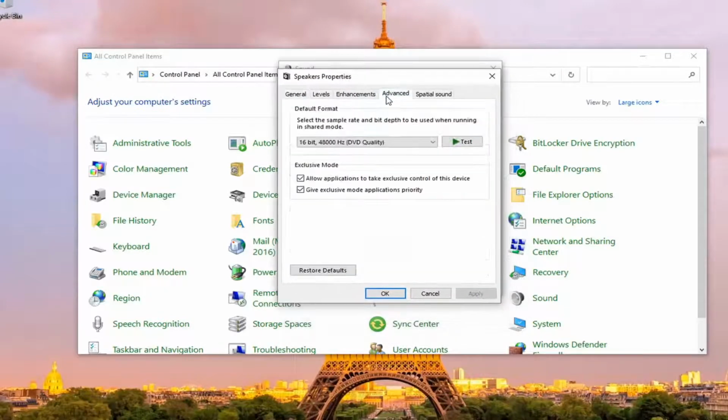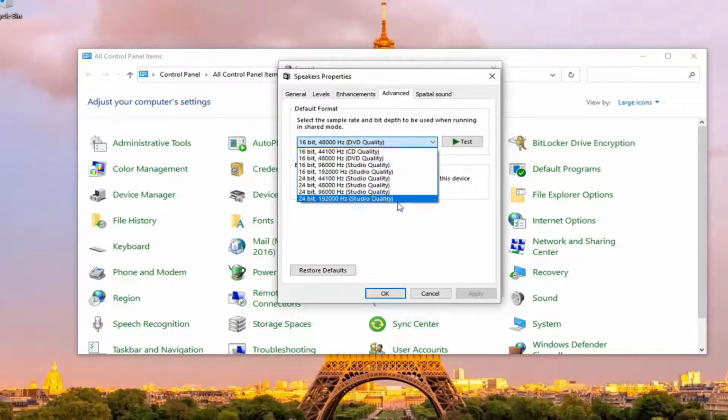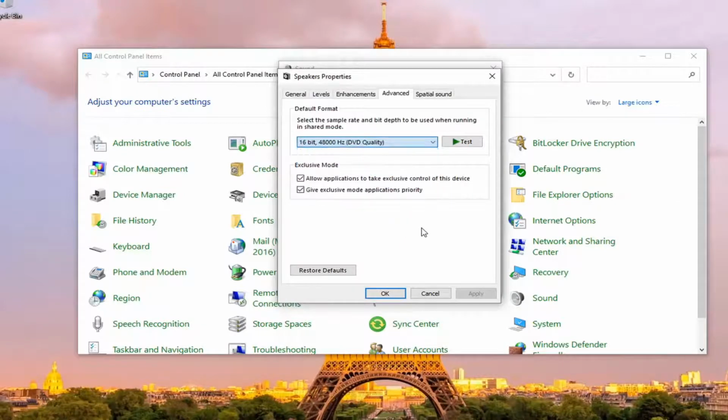Select the advanced tab, and then at this point you can go inside the drop down and select other audio qualities and see if that improves the audio output. And if one of them doesn't work that great, you can always test them here before actually saving it. And worst comes to worst, you can always select restore defaults here to go back to what it was before